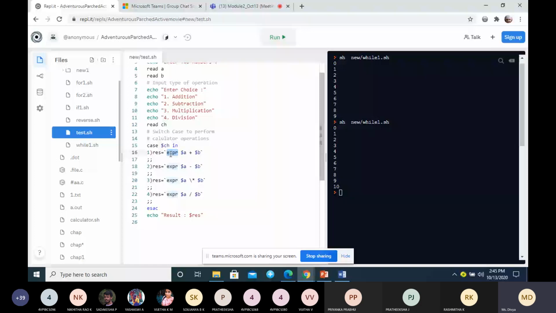So here, addition, multiplication, and for multiplication we are not supposed to give just a star, we have to give backslash star. And this is for division. You can also go for modulus. Finally, display the value of the result. The only thing we have to understand is the syntax, how to write the case. Other than that, the logic is similar to your C programming.